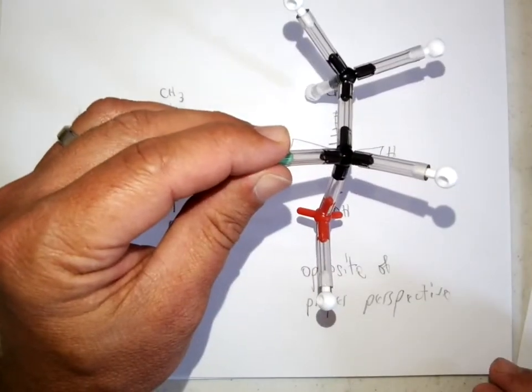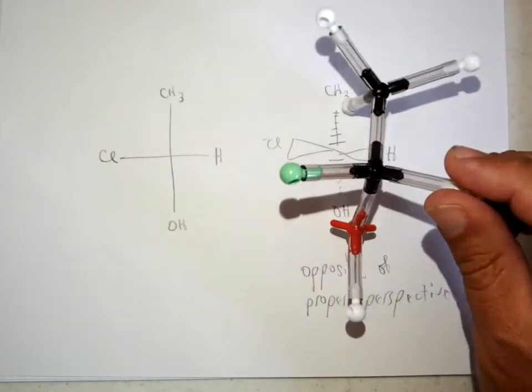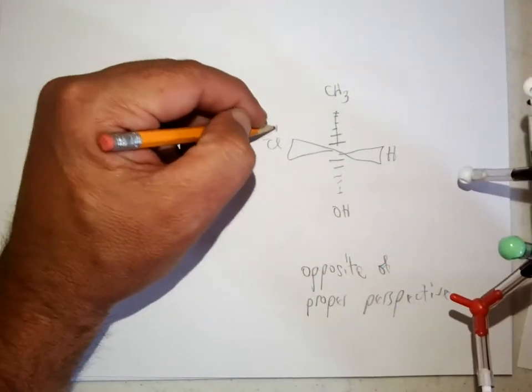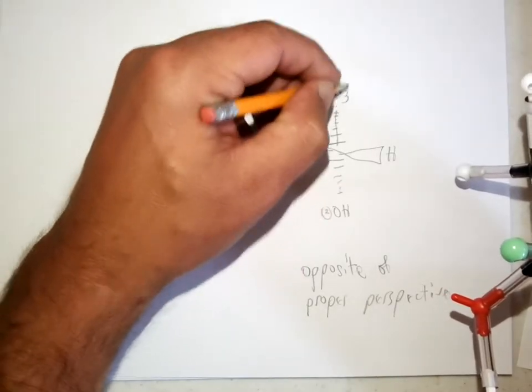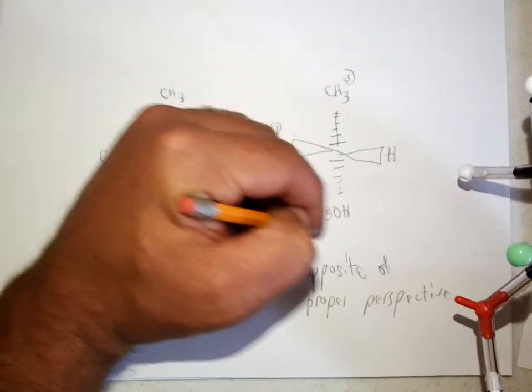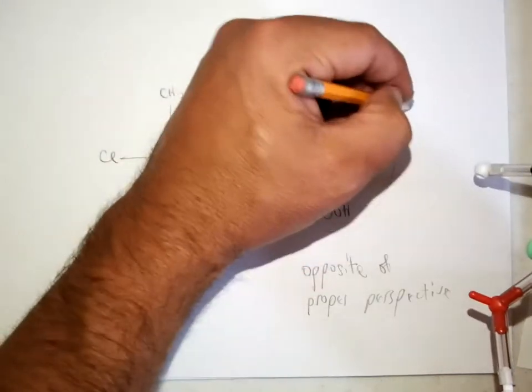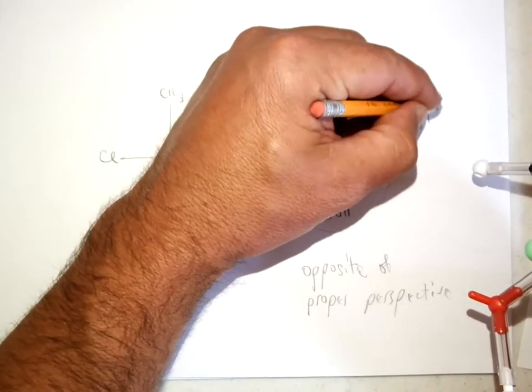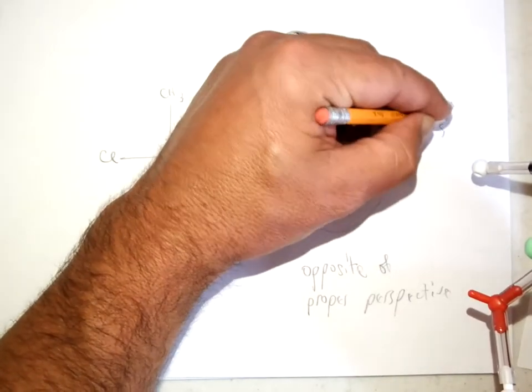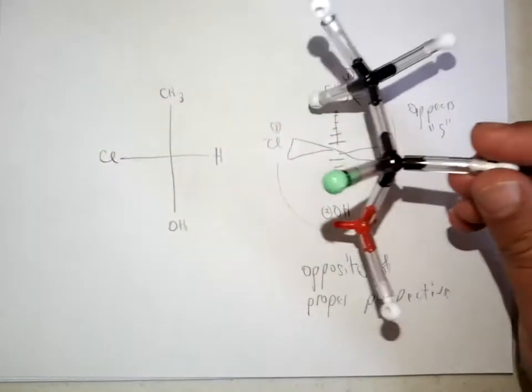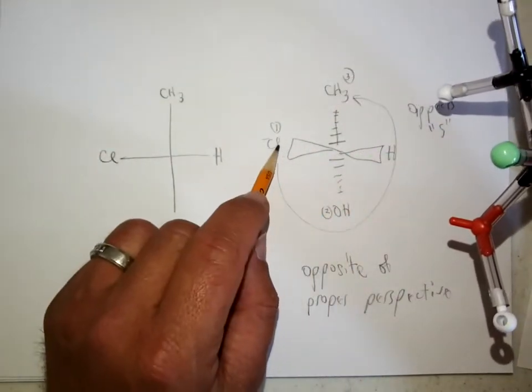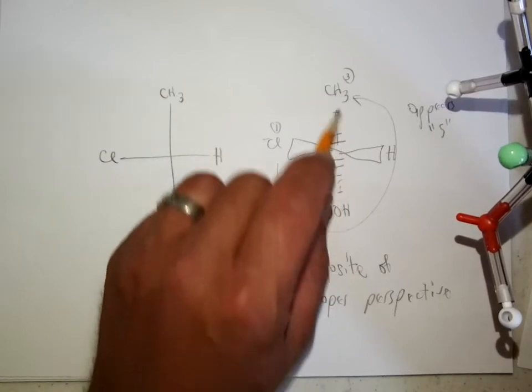So that's this molecule. And with the hydrogen in the front, 1, 2, 3 is counterclockwise, right? So this appears S. That's the way I'll say it, because if you just look at chlorine, oxygen, and carbon on the page,